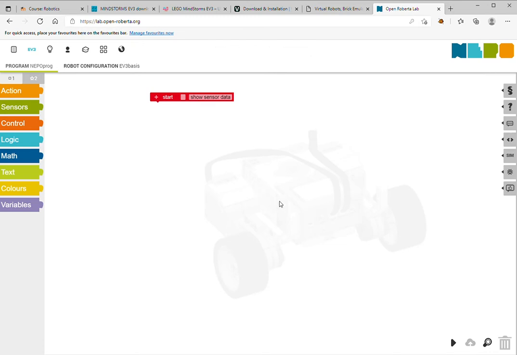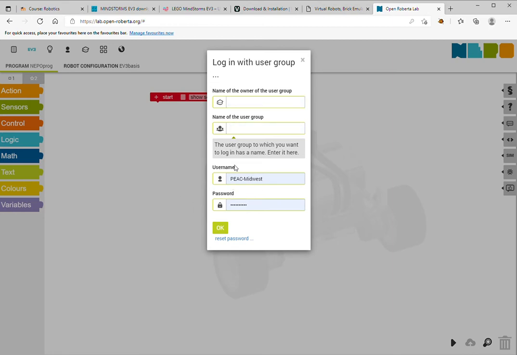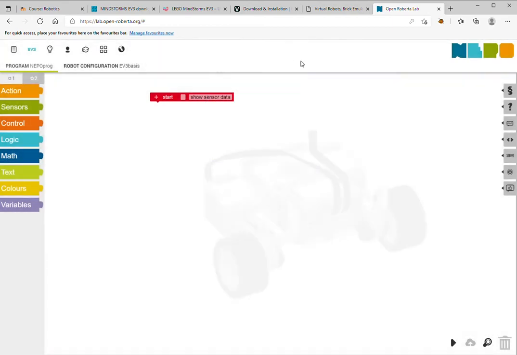Now, when we're doing this, you need to log in, otherwise you cannot save your progress and you can't upload your work. So the first thing you need to do is go to this person logo here at the top, and you click on that. And you are going to log in with the user group. When you log in with the user group, you enter the owner of the user group, the name of the user group, and your username, all of which will have been sent to you by email. I log in slightly differently, so don't need to worry about what I'm doing here, but there you go. Once we're logged in, we go to,